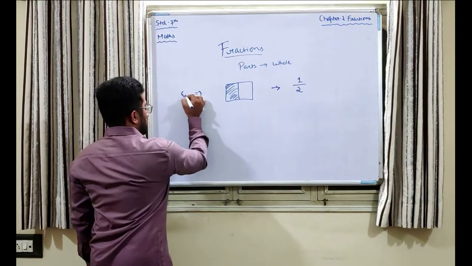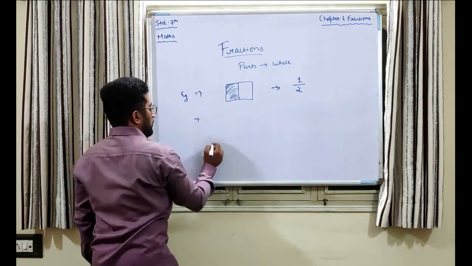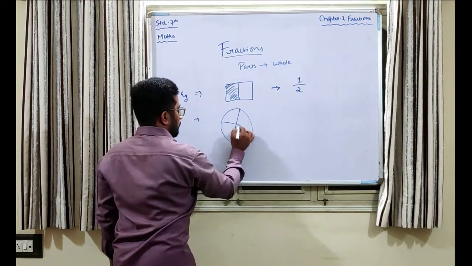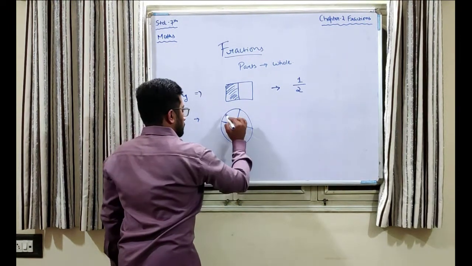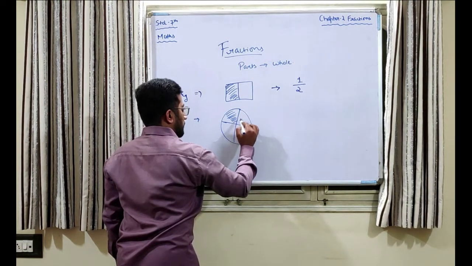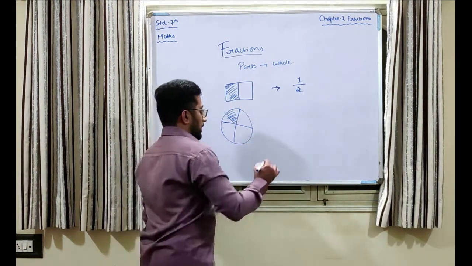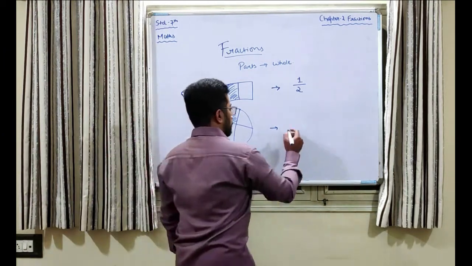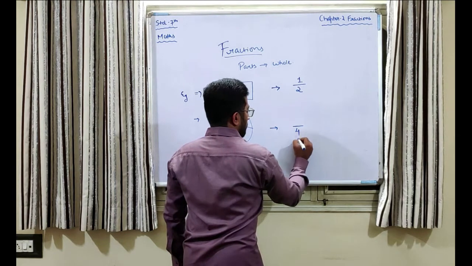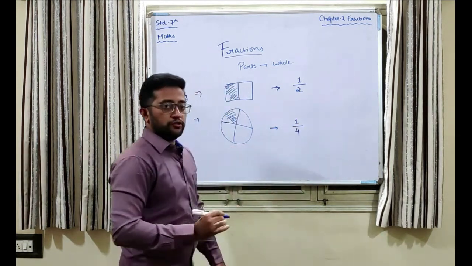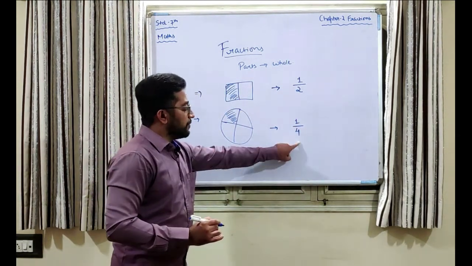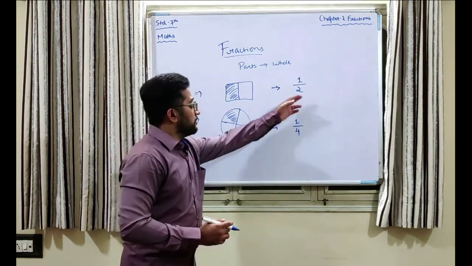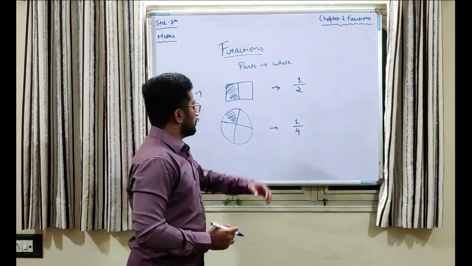Similarly, let us take another example. Suppose I have a circle and I divide it into 4 parts. Okay, now suppose I shade a particular part in this circle and I want to represent this situation numerically, then what I will do is I will write it down as there are total 4 parts, out of which one is shaded. Okay, so this is the numerical representation or fractional representation of the picture here. Similarly, this is the numerical or fractional representation of the picture here.